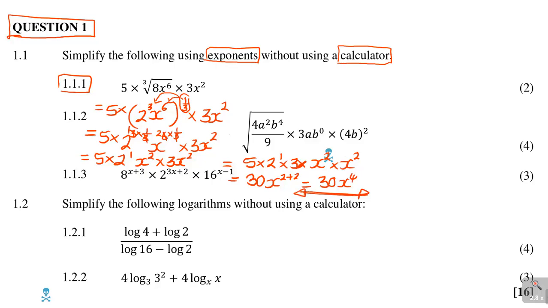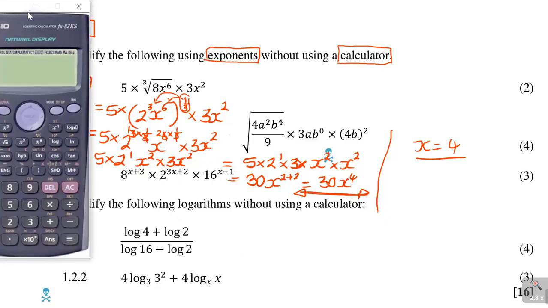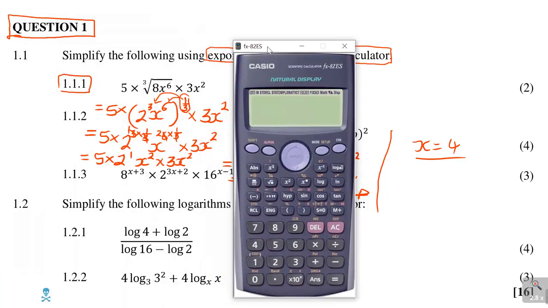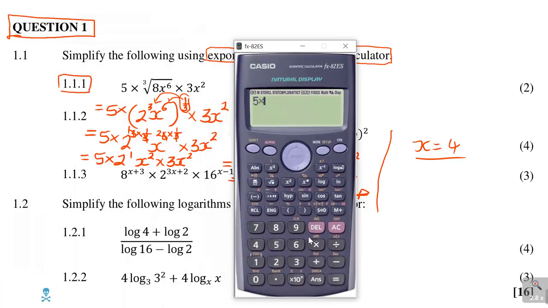Now, how do you quickly check your answer? You just choose any value, say let x be equal to 4. That is always very important for me. I keep on checking my answers whenever I'm working because I just want to be sure that I got it right. So what I do, I go to the original and say 5 times cube root of, and then it's 8. I can put a bracket. Remember my x, I said let my x be equal to 4, so I put a 4 to the power 6 there,